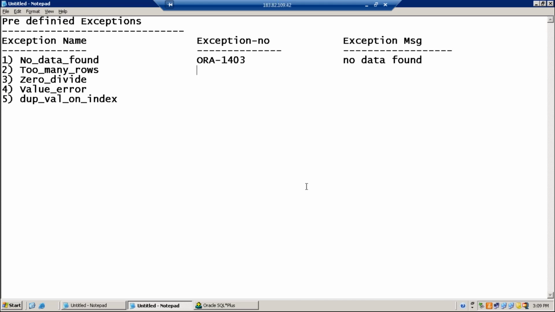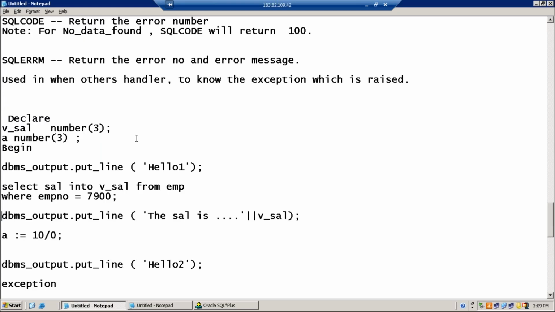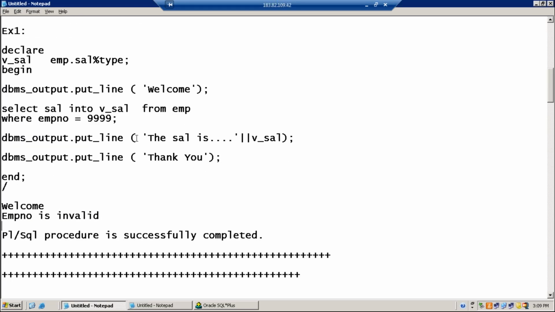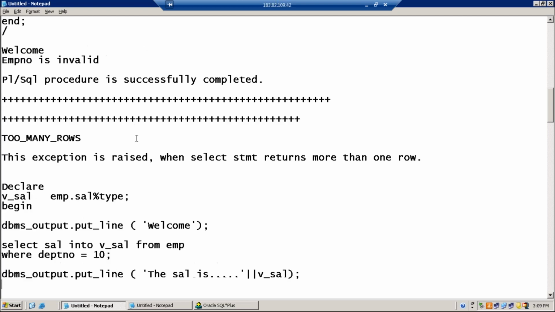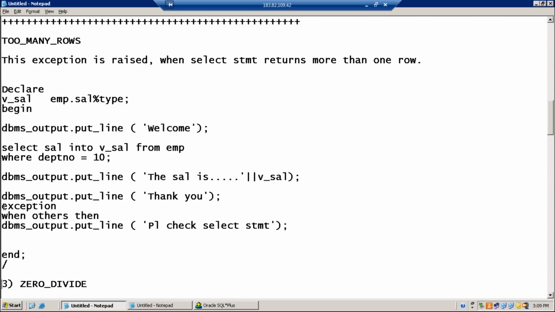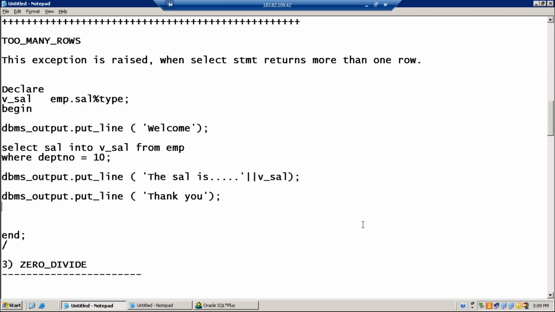I want to know for too many rows. So let's deliberately write a too many rows error. Don't handle the too many rows exception. You can see department number 10 has multiple employees.